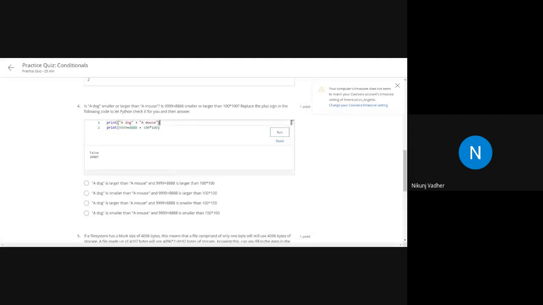A dog is larger than a mouse. No, a dog is smaller than a mouse. Okay, so a dog is smaller than a mouse. So either it is B or D. And so this is true.